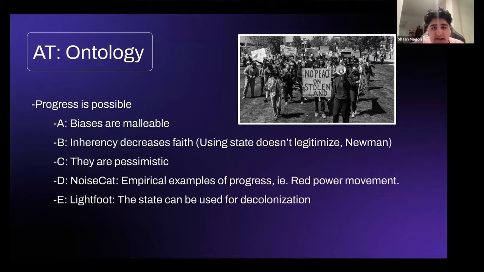Basically, this argument is that the state is very powerful now, and I'll go over this more later. But if you just tried to decolonize and, I don't know, you got up and started doing protests, the government would do things such as use their military to crack down. You can especially highlight the context of when people tried to do protests in Chicago and the National Guard was sent. All this stuff would most likely happen if we tried to decolonize now. So rather, we need to research flaws within the state, i.e., looking through the affirmative, and find different ways in which we can sort of solve from within.